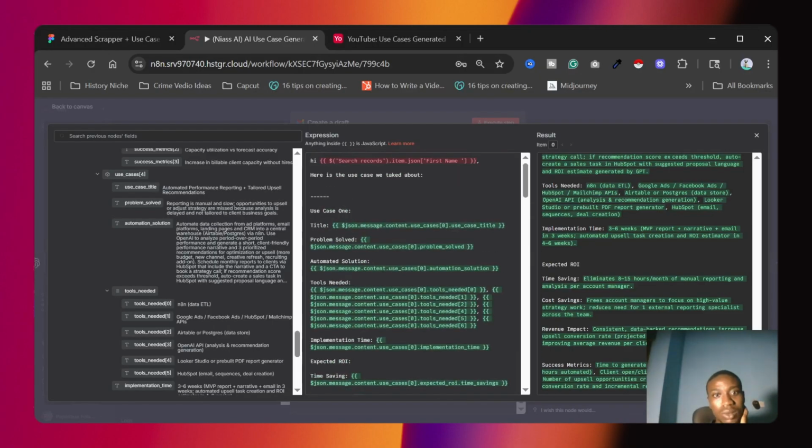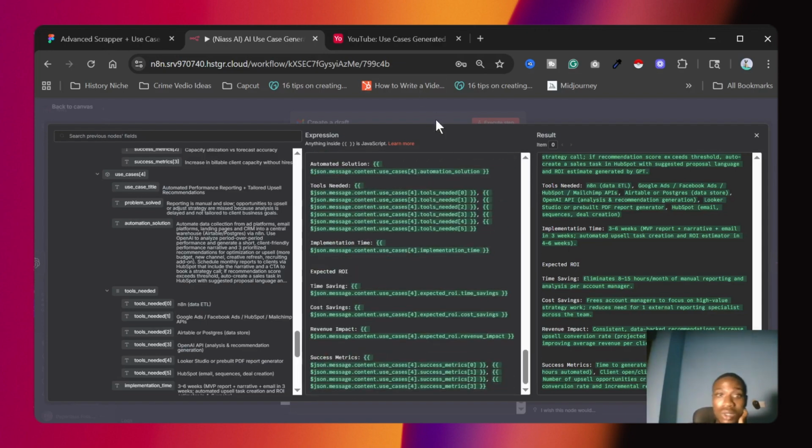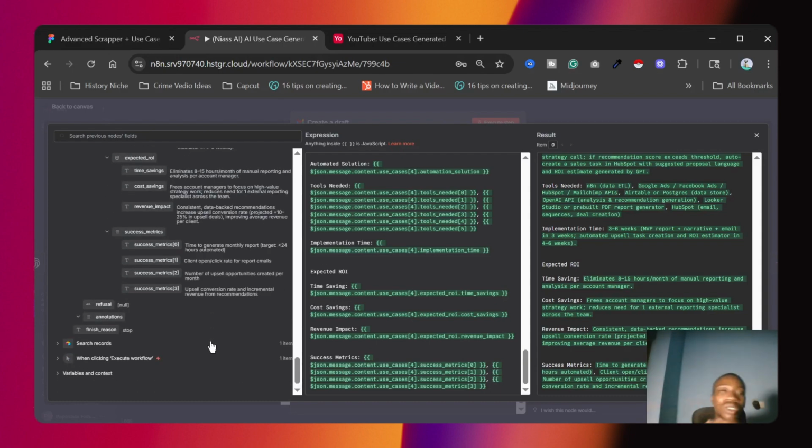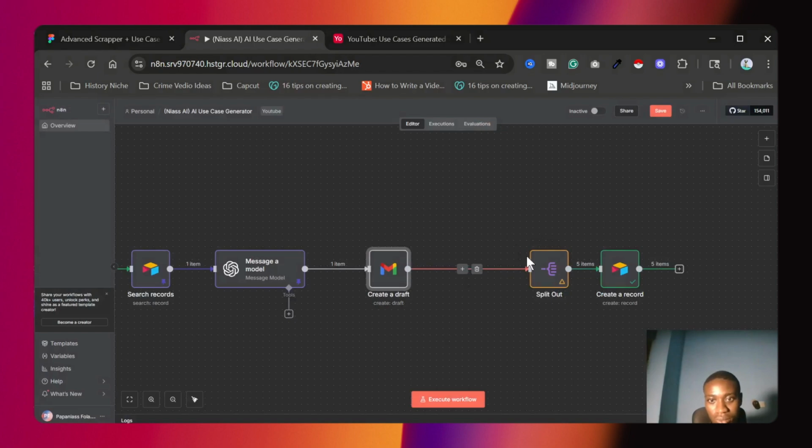Everything is fine. Sorry, I had to do this, but it's going to take time, so just get comfortable. I should have cleaned up the data to be more structured so that you can just drag and drop. Now we're going to go to the next node. Just run this.